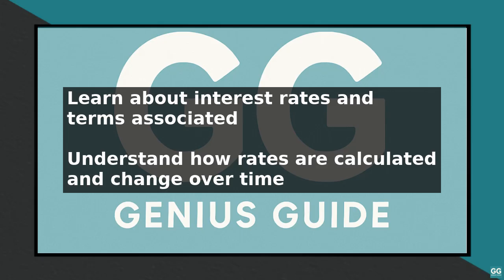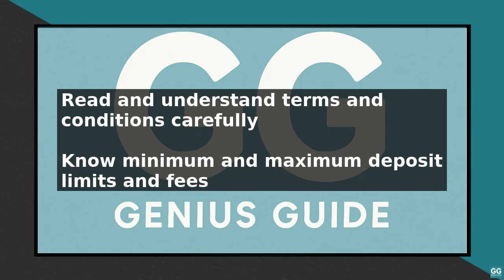When opening a Zopa savings account, make sure to read and understand the terms and conditions. This includes understanding the minimum and maximum deposit limits, any fees associated with the account, and the process for withdrawing your money. To maximize your returns, consider setting up a regular savings plan. This can help you save a fixed amount of money at regular intervals, which can help you reach your financial goals faster. You can also take advantage of Zopa's mobile app to manage your account and track your savings on